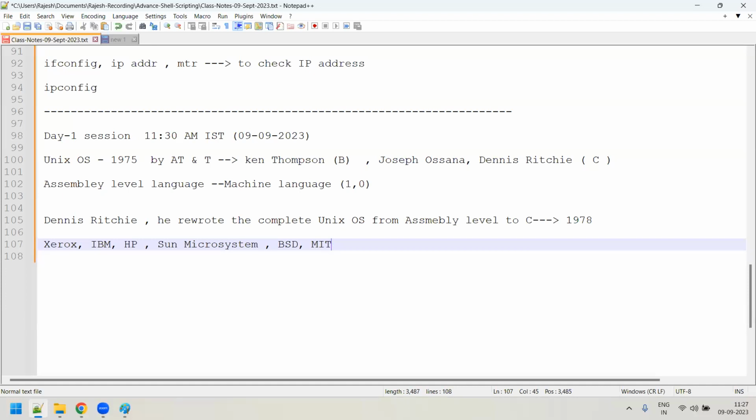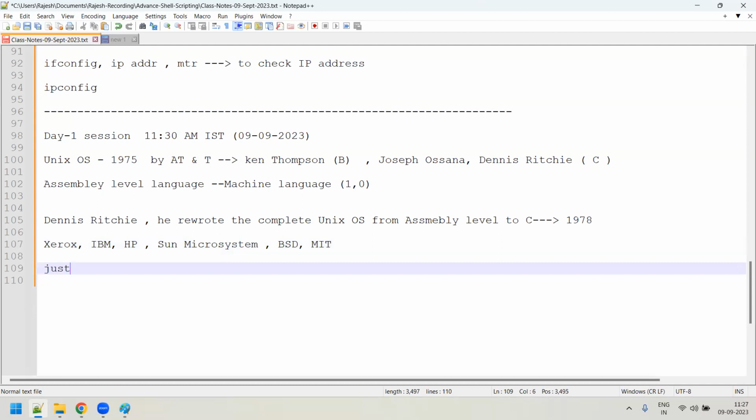But one big mistake the AT&T Lab made at that time was that they started giving even the source code of the whole Unix operating system to all these companies for just $15. The AT&T Lab gave just for $15. They gave the entire source code of the Unix operating system itself to other companies, to other forums.